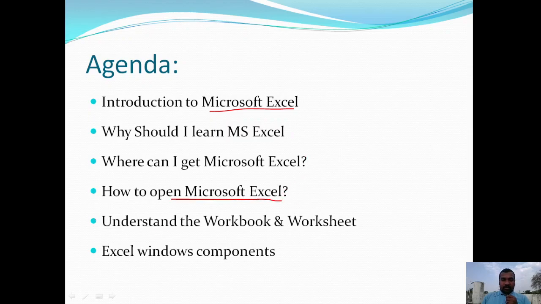Later on we will discuss the basics of workbooks and worksheets, and then several window components that are available in the Excel environment. So these are the things that we are going to discuss in today's session.